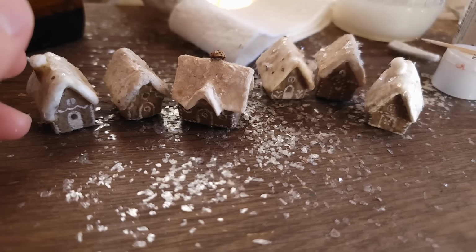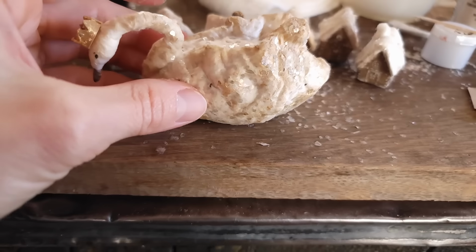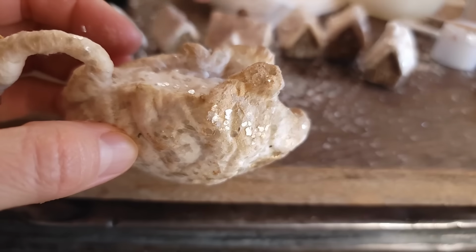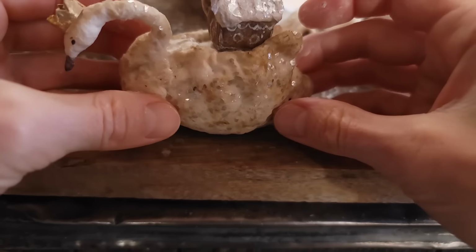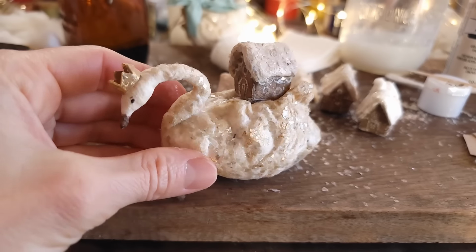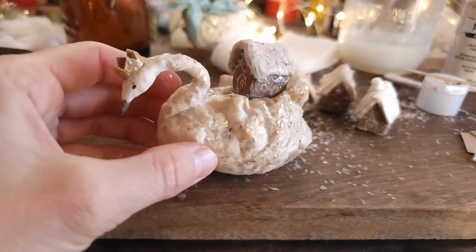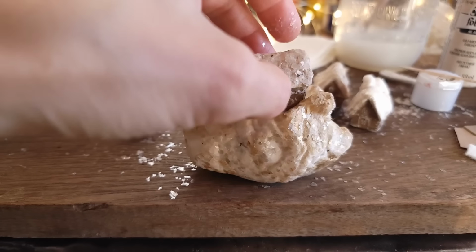Or on the back of a swan. If I can back up my camera a little bit, like this one. So I think that looks nice. They would look great on the back of a bird that you make. They're just a fun little